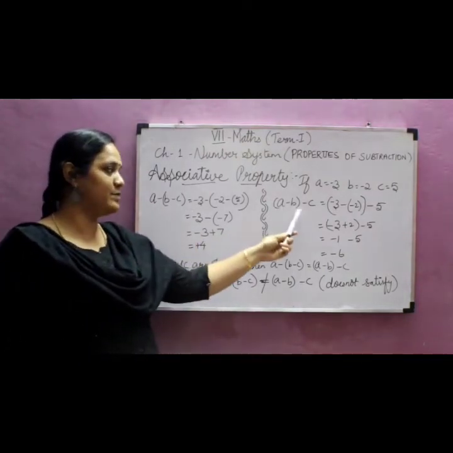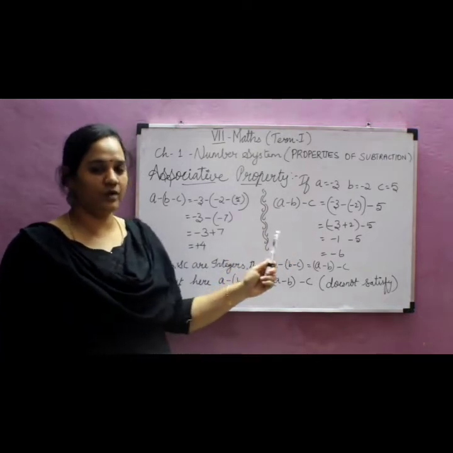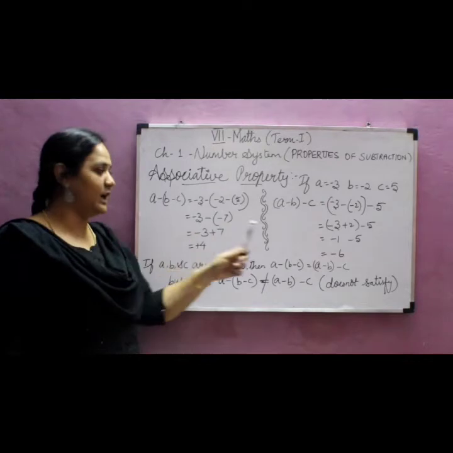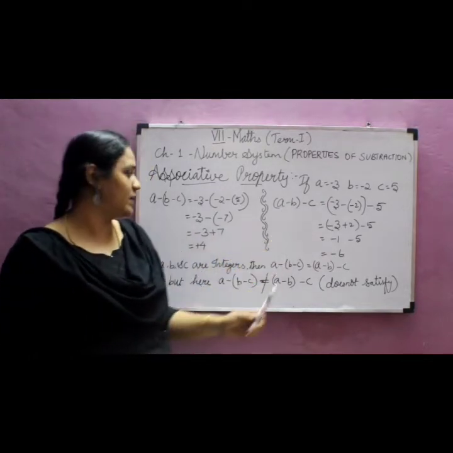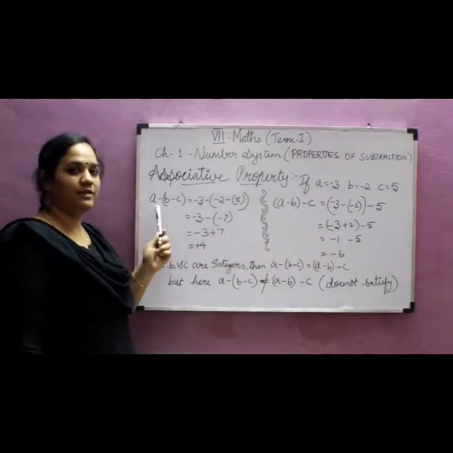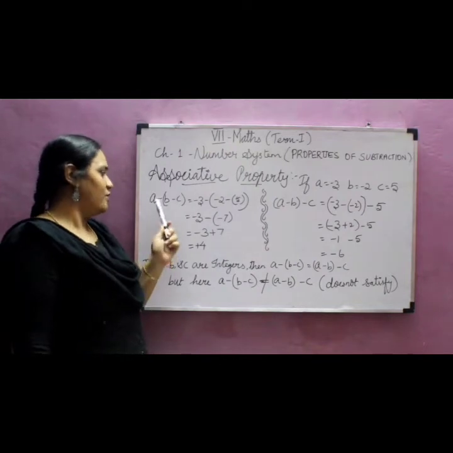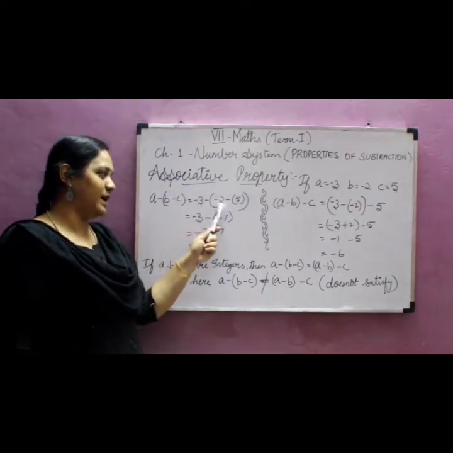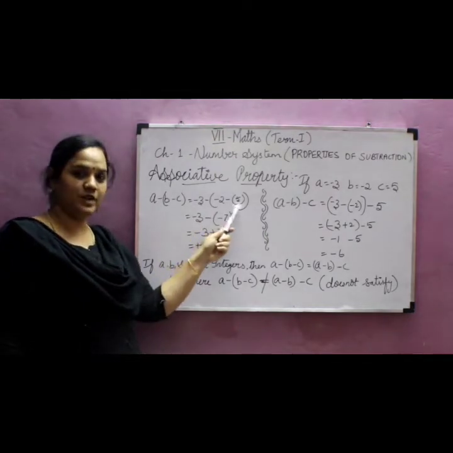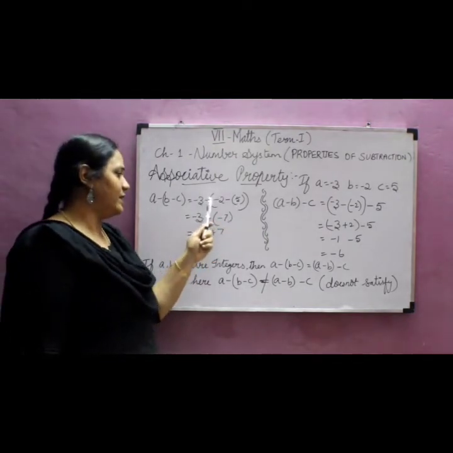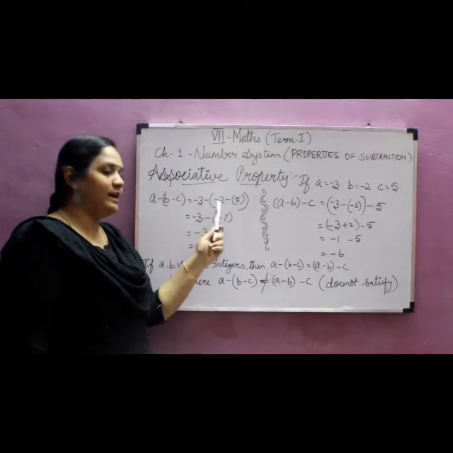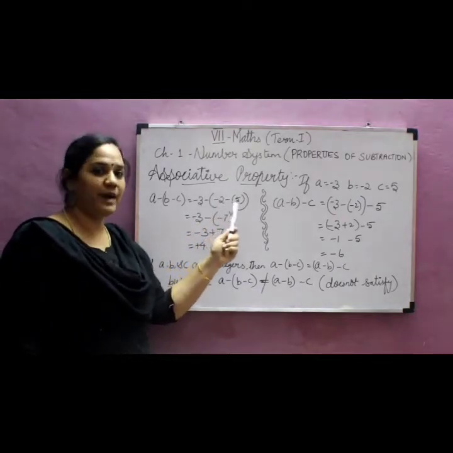and (A minus B) minus C. That is regrouping. Okay, the grouping is different here. Here we grouped B and C together, and here we grouped A minus B together. Now I have substituted the values for A, B and C. For A I substituted minus 3, for B I substituted minus 2, and for C I substituted 5. After that, in this step we have to solve the numbers inside the bracket first.